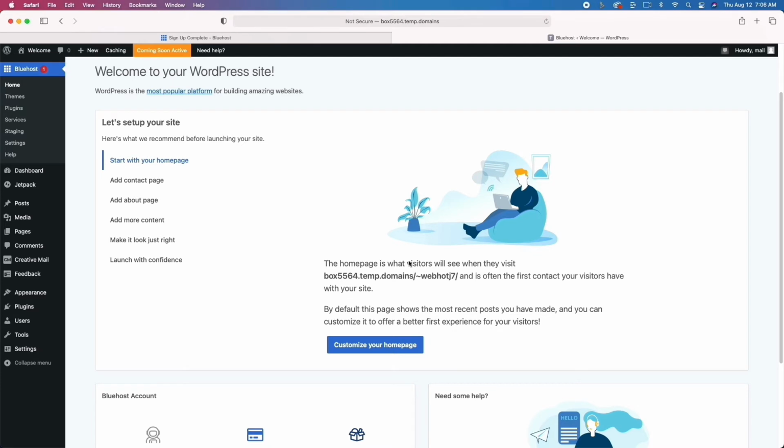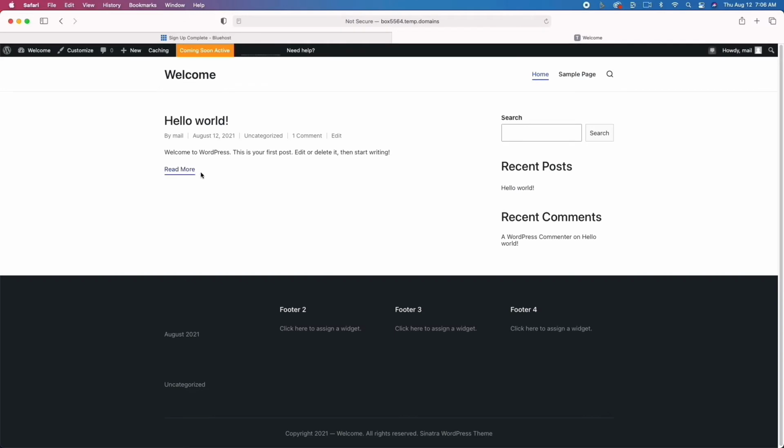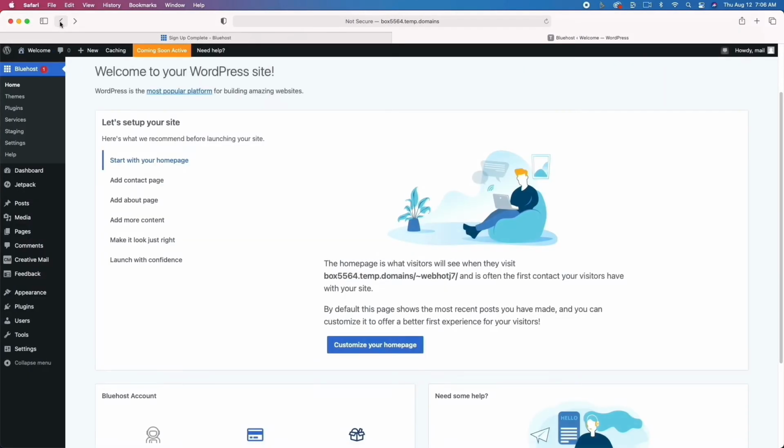Now what I'm going to do is log in and delete a few plugins, because right now it has the coming soon. If someone tried to get to your website at this moment, it's going to say coming soon to them, even though we can see it. This is what your WordPress website looks like, but